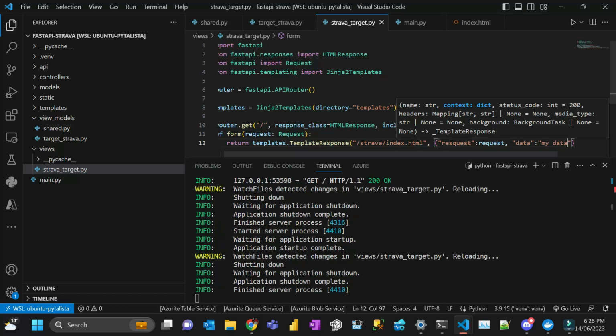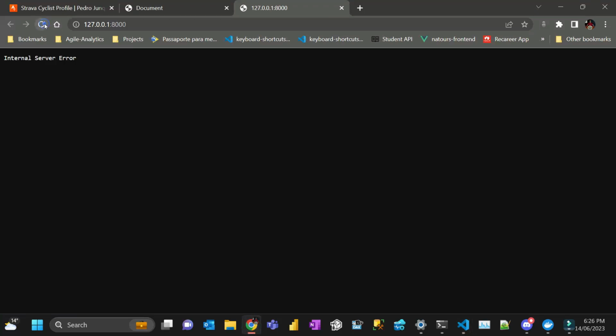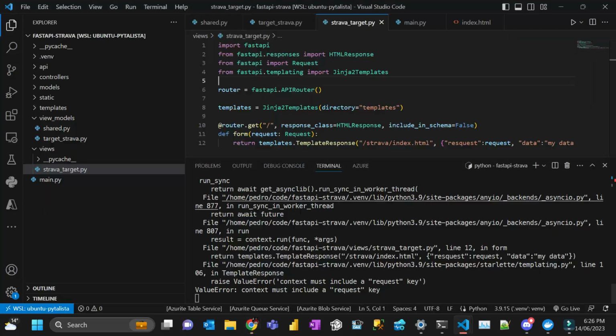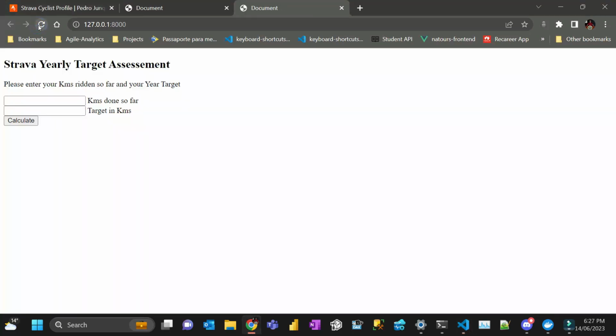And with that, let's save and see what happened. Oops, I have an error. The request key, it's request. A typo. Now try again. And voila. So I think I copied the wrong, yeah, no, I think that's correct. So I copied the form,